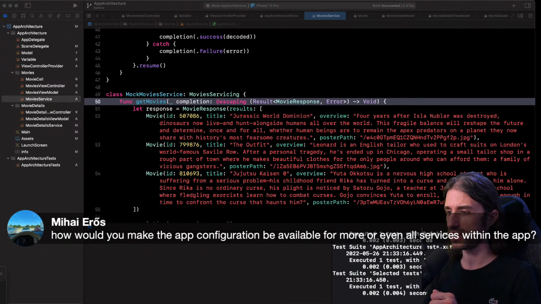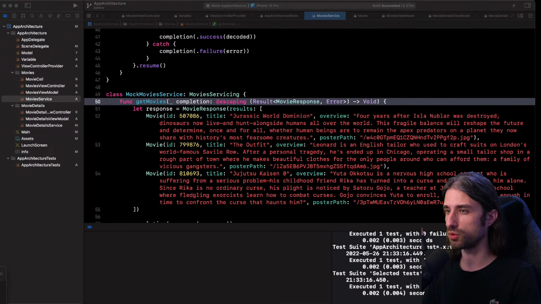Great question. Something I forgot to say is that when you want to do dependency injection at a big scale, the way I've done it here is the core idea, but I've done everything manually. You could be using frameworks like, for instance, Swinject, that will allow you to cut your injection code into several parts, and this way you would be able to properly encapsulate the app configuration and have it be consumed by only the part that needs it.